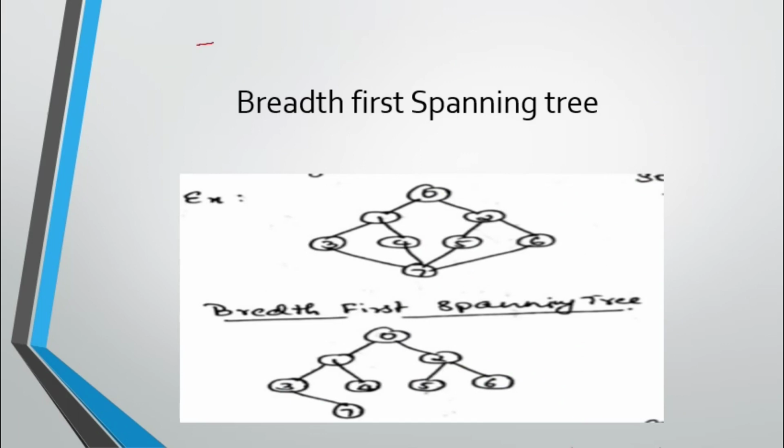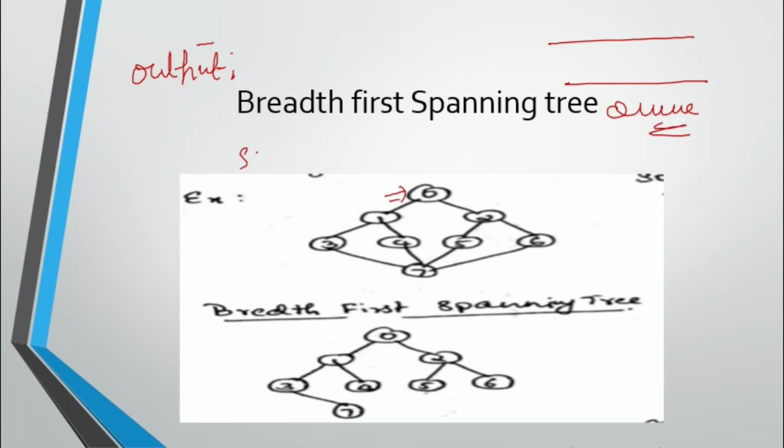Yes, so take a queue here. Yes, take a queue. Before that, we'll take the output here. Okay, again take a queue. For best first search we use the queue data structure. So again start from 0, because that is given, the source is 0. Okay, they'll give you the currently working node or source, anything, start from there.